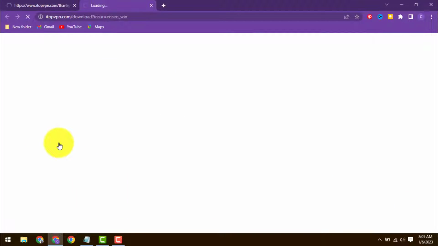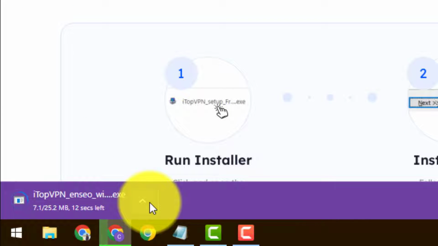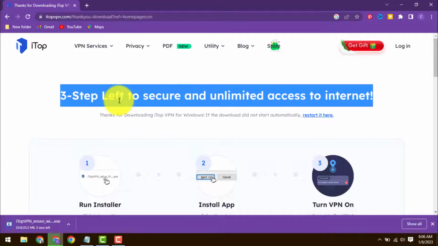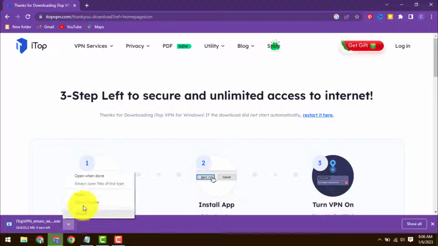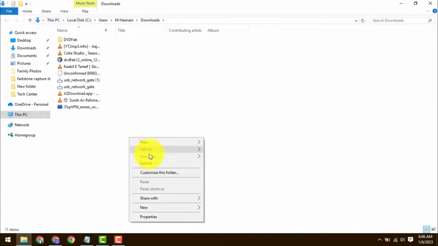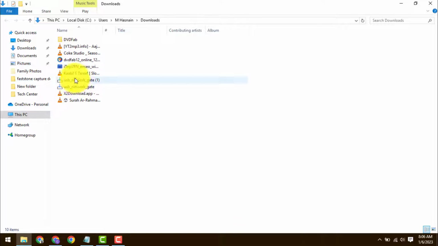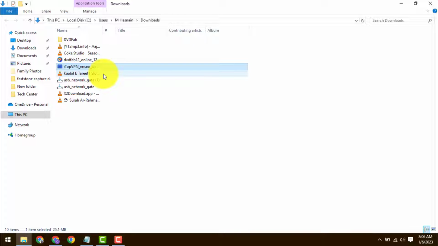So we will download here, and you can see here the 25 MB setup for our PC has started to be downloaded, and we will try to install after the completion of the download. So it has been completed, and we will open it, show in folder, and it is still unconfirmed, so it has been confirmed. Okay, and open this or run it as administrator. Okay, and do anything you want to install. Okay, yes,